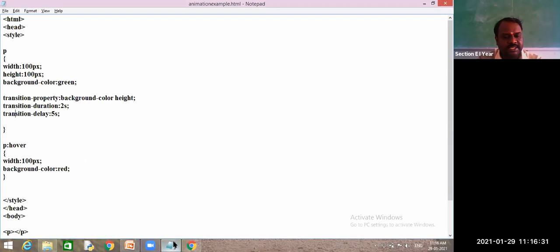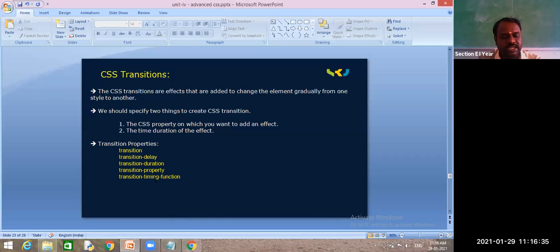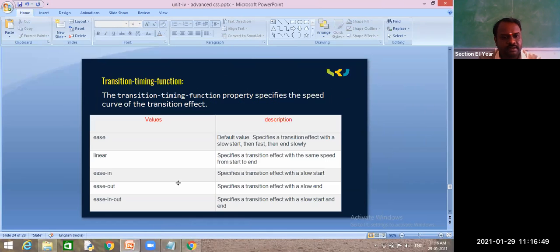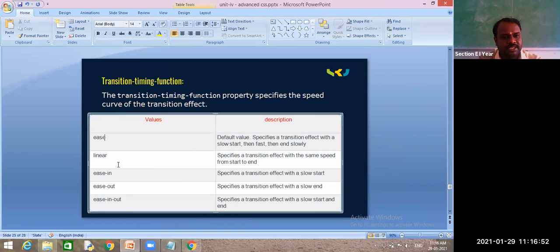And what about transition fill mode? Not fill mode. This is transition timing function. What is transition timing function? Just now we have learned timing function. What are the values? Ease, linear, ease in, ease out, ease in out.